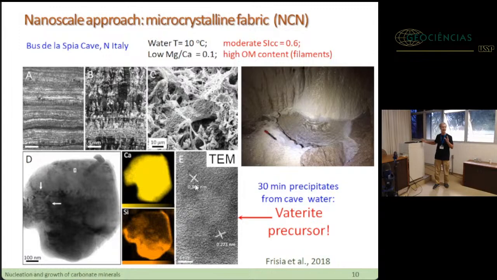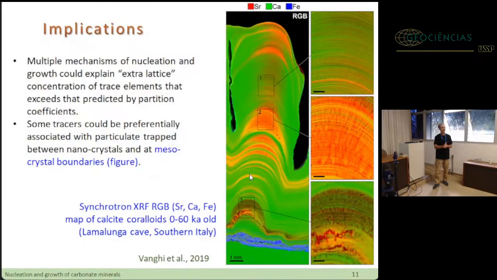Of course, it has to be analyzed quite quickly because it will transform into calcite, but still you can freeze the growth and observe it under the transmission electron microscope. So these experiments are very useful to test the precipitation environment, and some are very simple. Just analyze your calcite crystals under SEM, and you can have a good hint about what happened at the speleothem surface. So the implication of these two different pathways is that there are multiple mechanisms of crystallization, and if